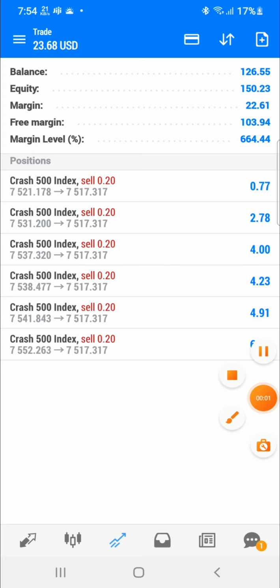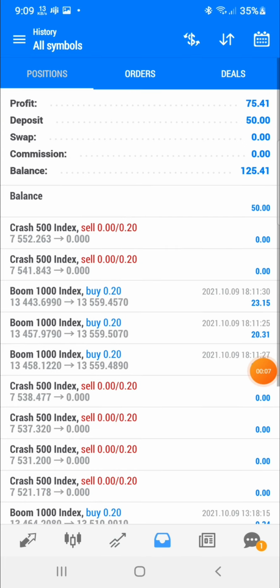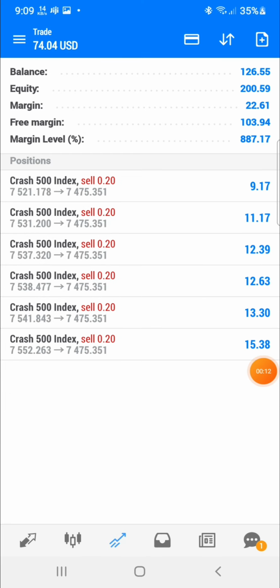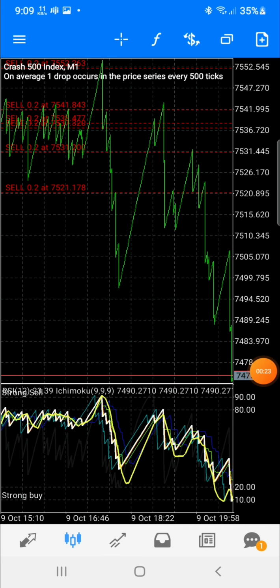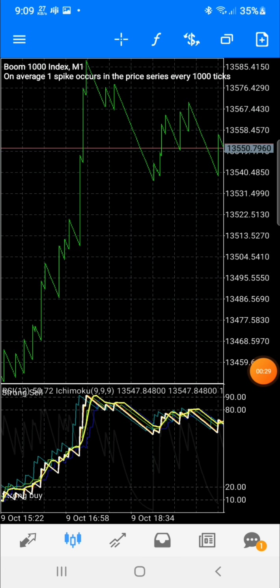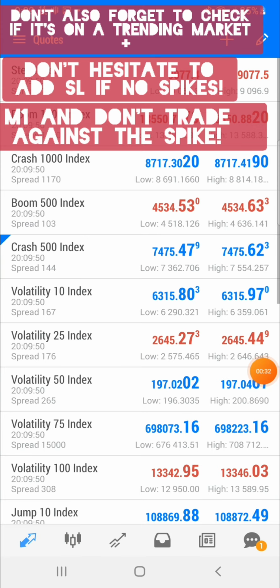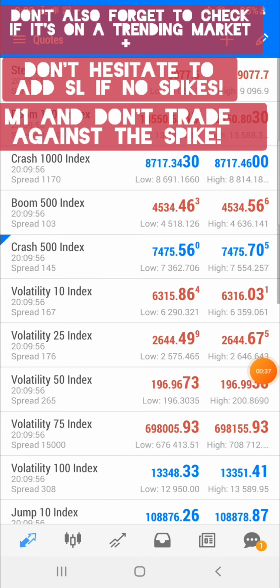And you can only enjoy the process if you know what you're doing, if you have the right strategy that works good for you. So as you can see now, we are at our last pay-out of $200, right? So the process is basically simple, guys. Once you're in the market, just wait and see when the market is at the 80 or 90. The 80 level is when you're trying to get ready to sell. When all those Ichimoku indicators are touching the 90 level, then you can sell, and vice versa. The same thing for when you are trying to buy: when it's around the 20 level, you get ready, and when it touches the 10 level, you go in for your buy.